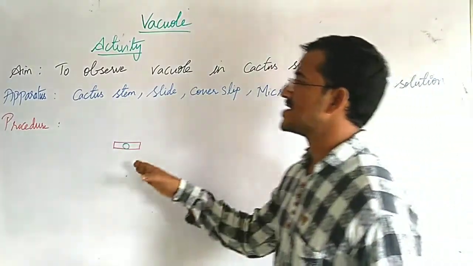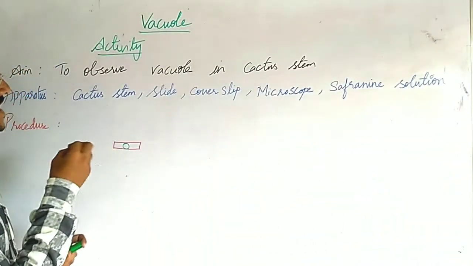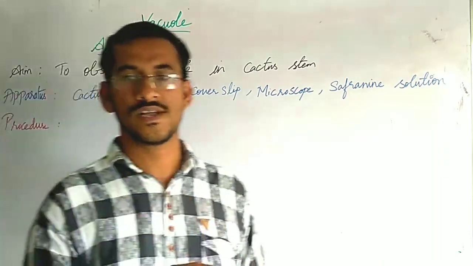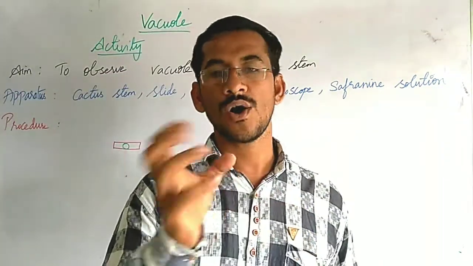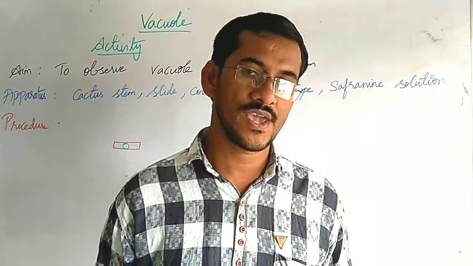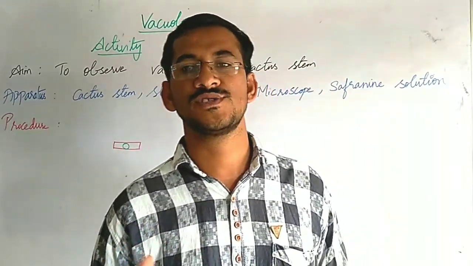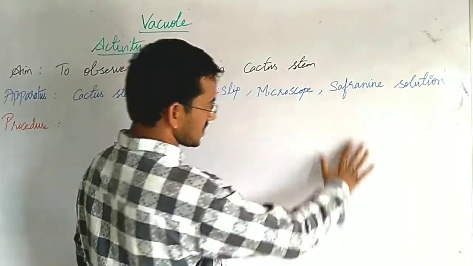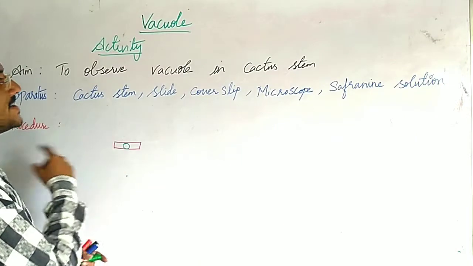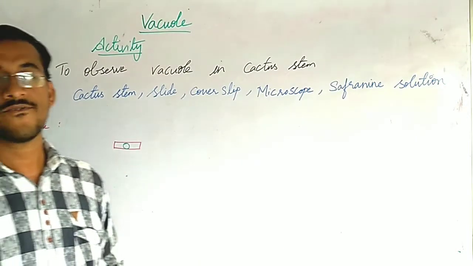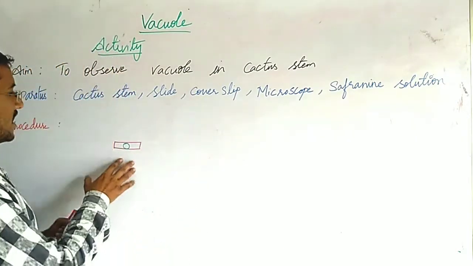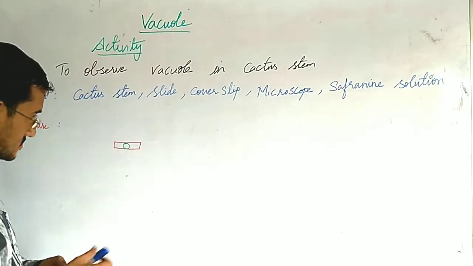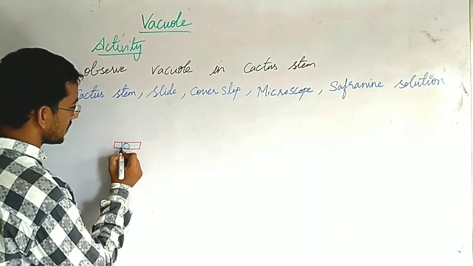So if you color it, then the inside organelles will take this color, stained with the color, and the inside organelles can be seen colorfully, or it can be easily visible for us. So that is the main intention in staining with different colors. So here we are adding saffronin solution for staining it. If you have added more color, then gently wash it with water. Then place cover slip here.